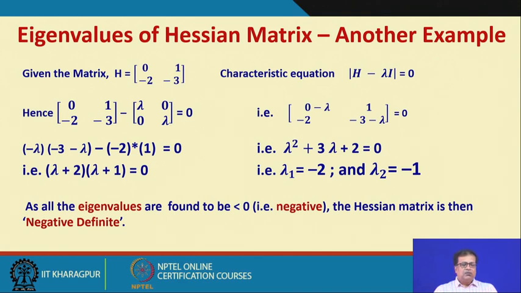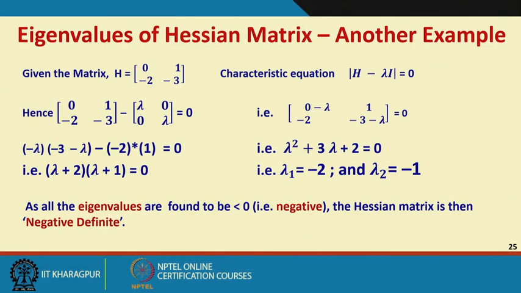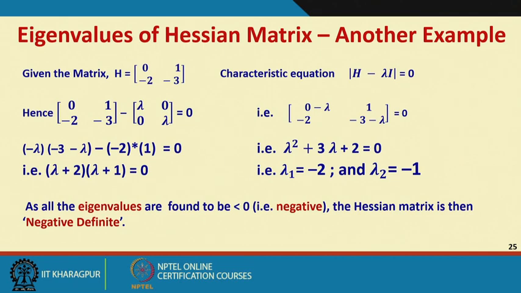All right. So, this is how we find the gradient, we find the Hessian matrix, and we find the eigenvalues of the Hessian matrix, and from there try to conclude whether the Hessian matrix is positive definite or negative definite, right. The positive definite Hessian matrix is connected to a minima when you put the gradient equal to 0, and the negative definite Hessian matrix is connected to a maxima if you put the gradient equal to 0, right. So, in our next lecture we shall see some problems related to this. So, thank you very much.